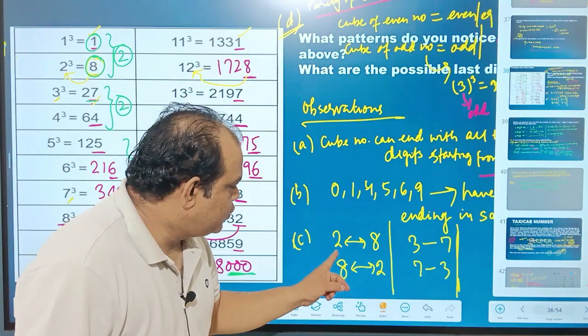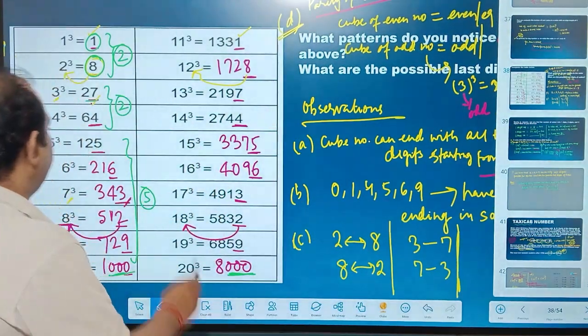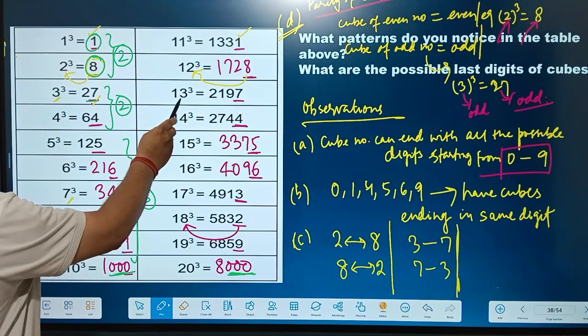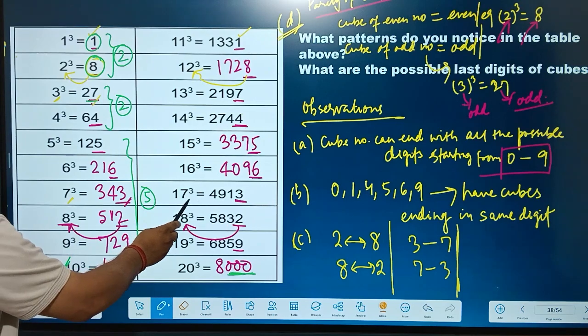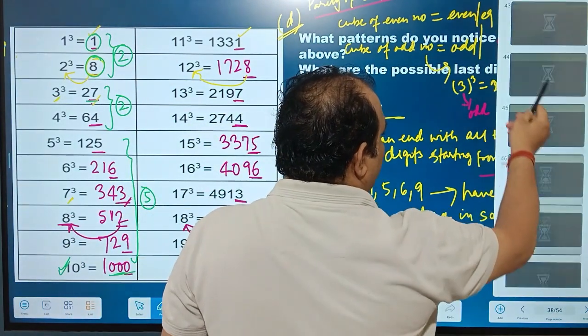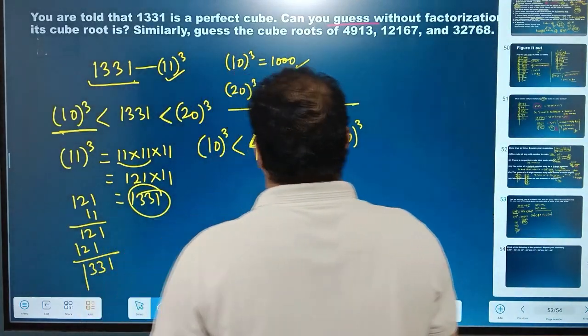होगा, उसी तरह कोई 2 से एंड कर रहा है तो 8 से बना होगा, कोई 8 से एंड कर रहा है तो 2 से बना होगा। देख 7 से कोई एंड कर रहा है तो किससे बना है, किसके क्यूब से 3 है ना, यहाँ पे देखो 3 है 13 है और 7 वाला कहीं है, देखो 7 वाला कहाँ 7 है तो किससे बना है एंड में 3। तो इसी कॉन्सेप्ट को हम यूज करेंगे क्योंकि आपको कह रहा है कि विदाउट डूइंग द प्राइम फैक्टराइजेशन यू हैव टू राइट द वैल्यूज। ठीक है, तो इसका मतलब ये